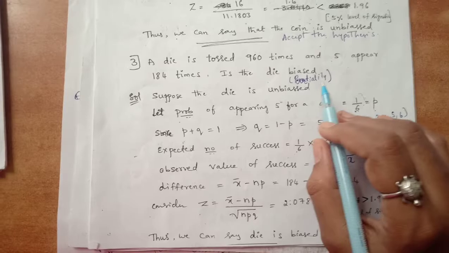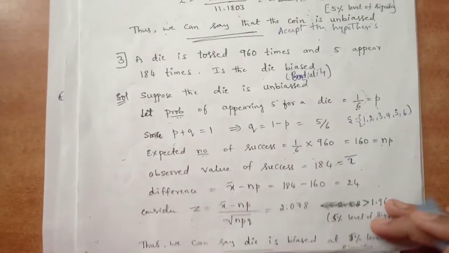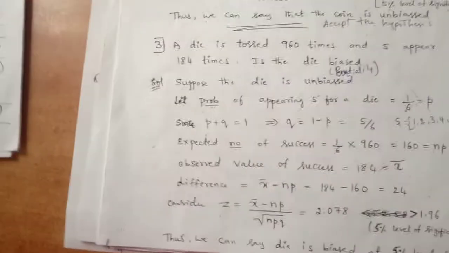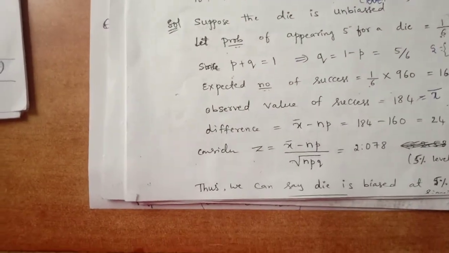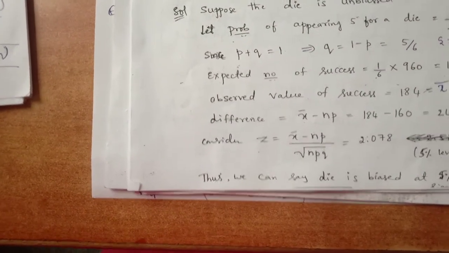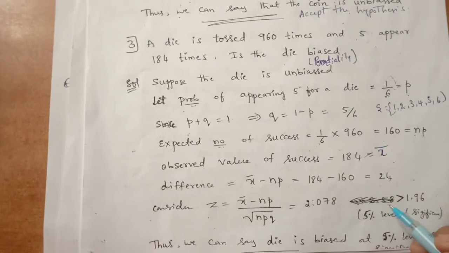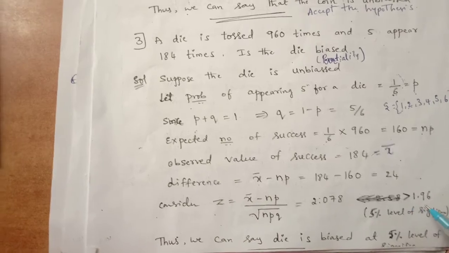So the value is greater than 1.96. Therefore, the hypothesis what they said is rejected. So the value is greater than 1.96. We reject the hypothesis that